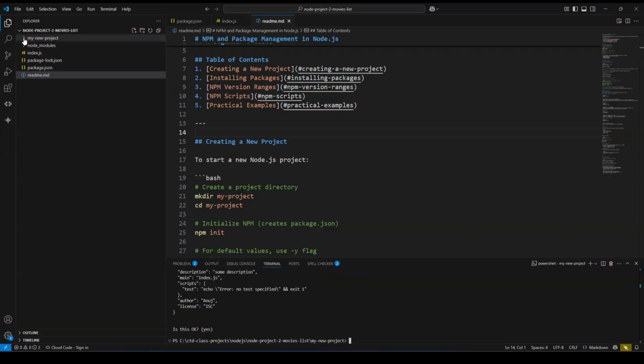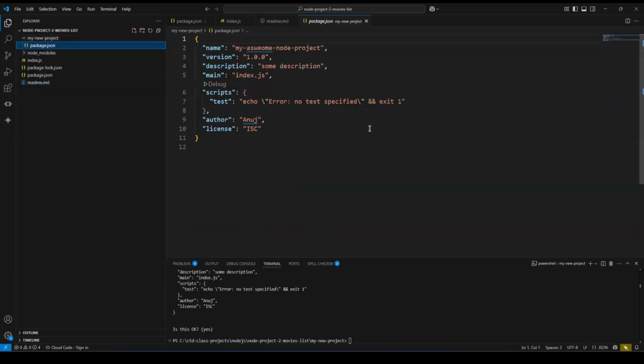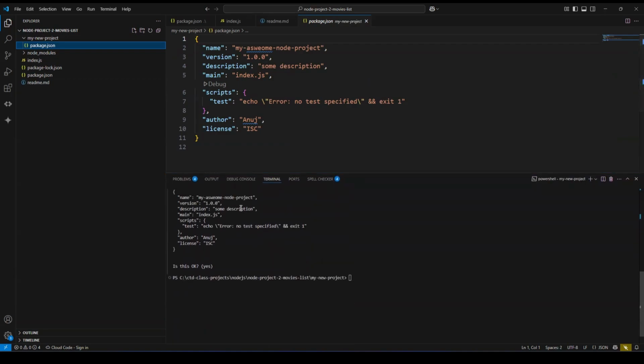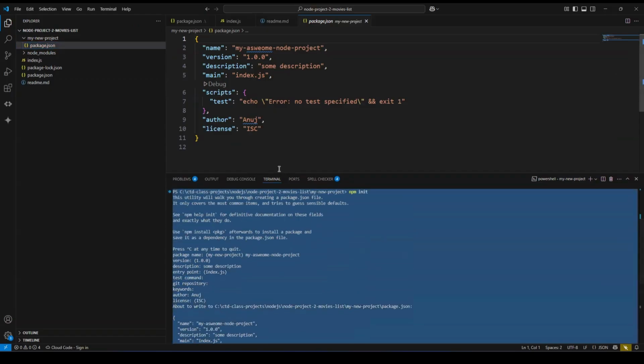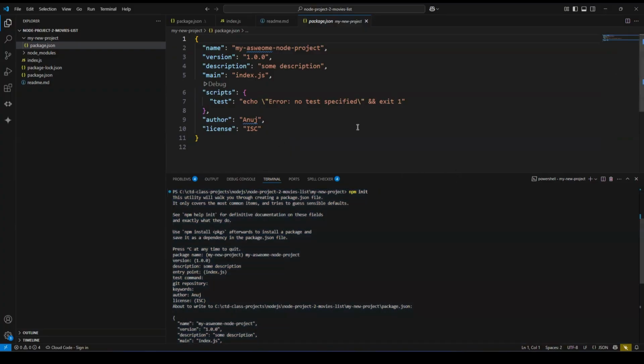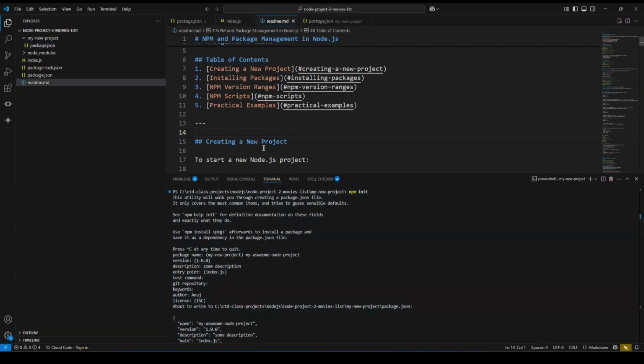And if you see in our Visual Studio Code, there is a new file created called package.json. Let me make this a little bigger. This has the exact details as we had specified here. So this we saw last week. We will be taking this learning a step forward by leveraging external packages. But before we go there,